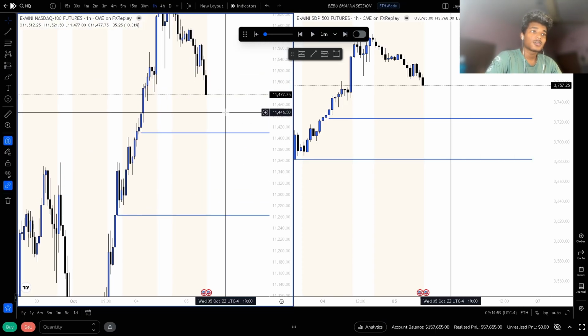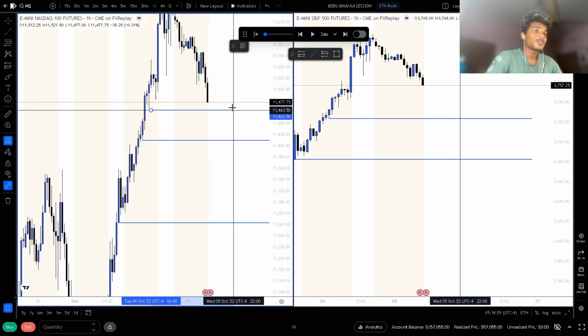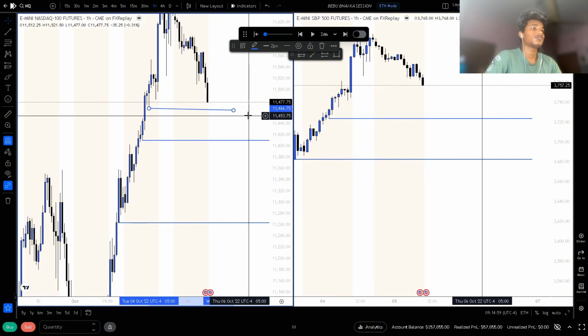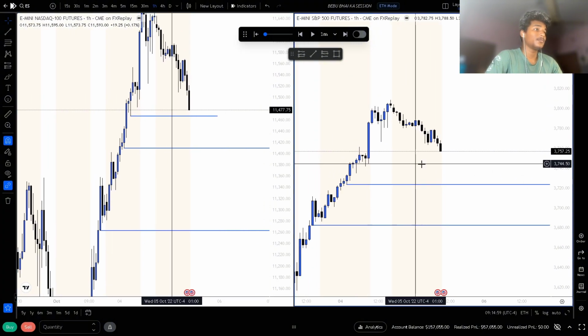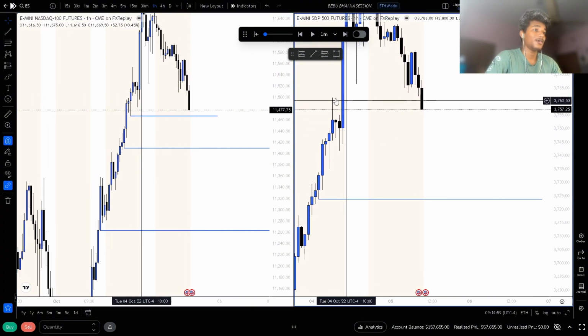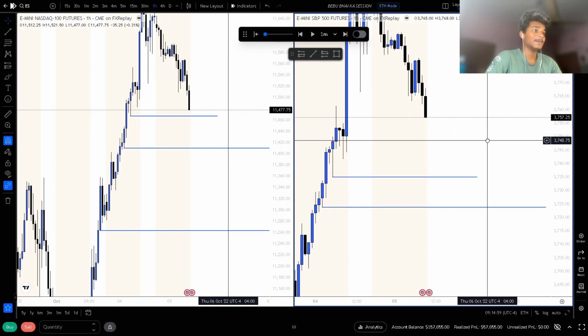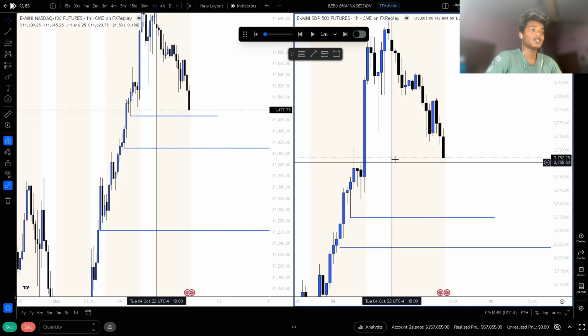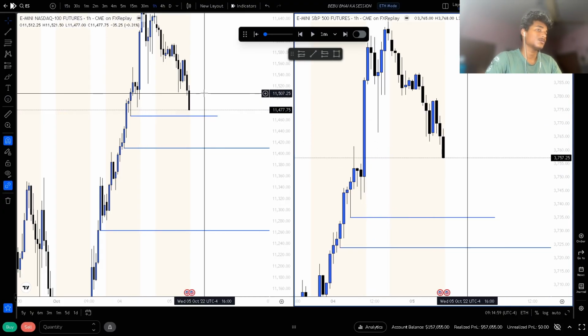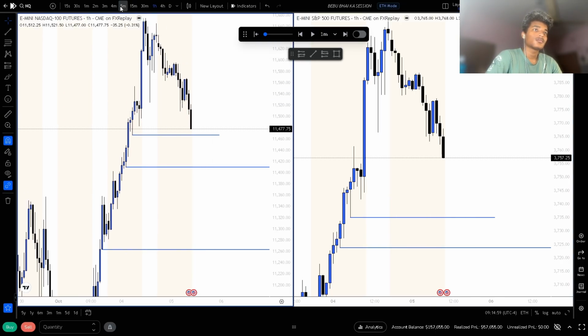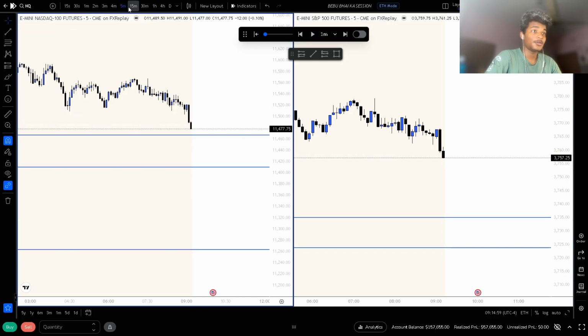So let's see the 1 hour now. The 1 hour looks also pretty much short-term bearish, but overall the market is moving up higher. Anyways, so this is our draw, and yes, we are inside this bullish gap, so we may reject off, but I am neutral going into the day.